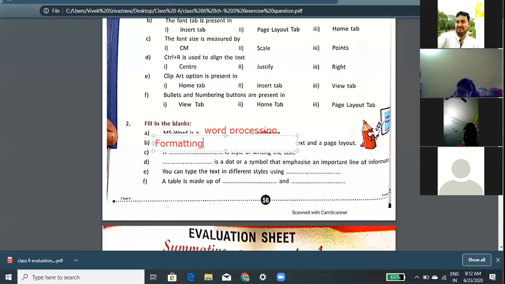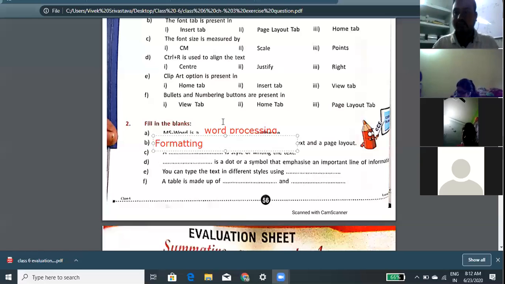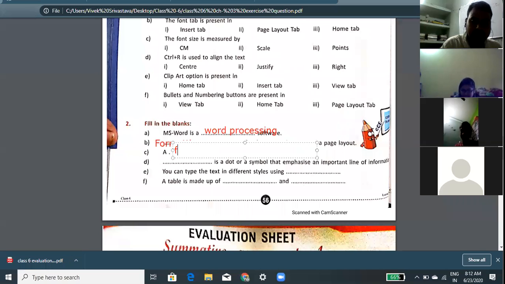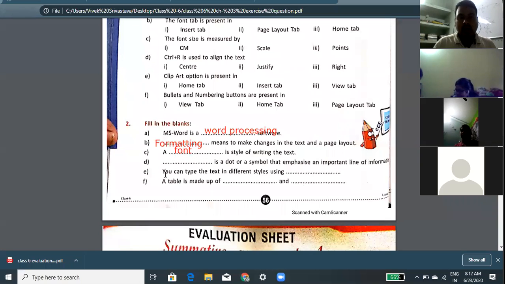Now next. Dash is the style of writing the text. Font. A font is the style. Dash is a dot or symbol that emphasizes an important line of the information.